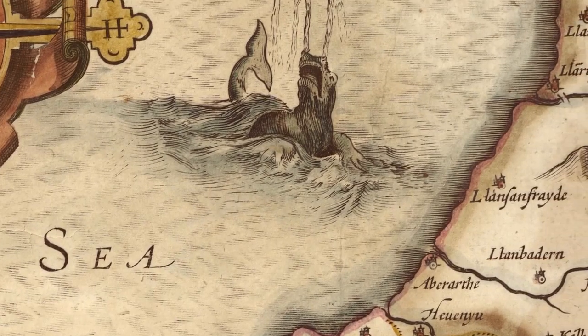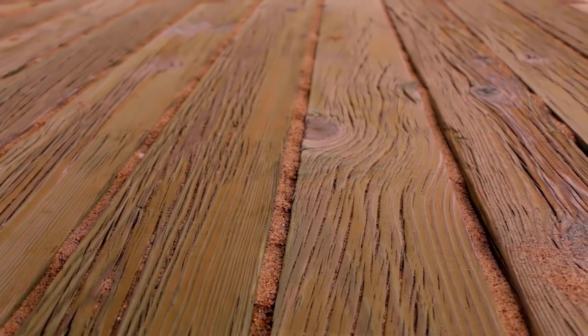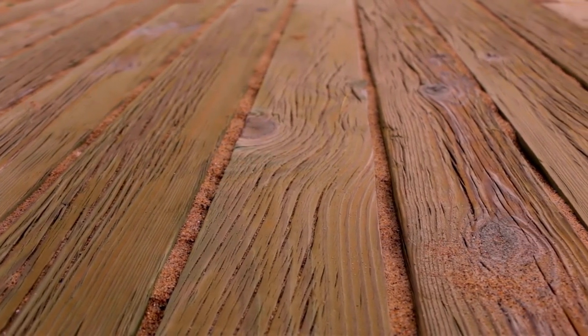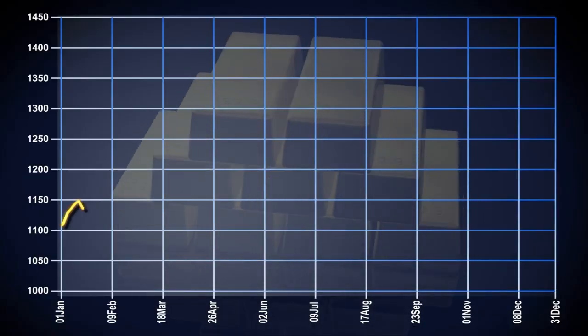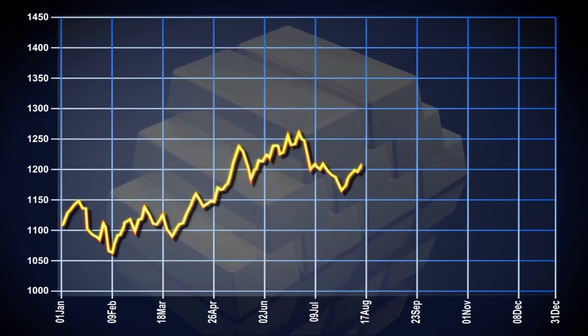Samples of wood retrieved from inside the garden shaft have been radiocarbon dated to the year 1735. That's nearly 40 years before the first recorded discovery of the money pit. Combine that with water testing results showing high trace levels of gold, and it's no wonder the team believes they're onto something huge. To explore this mystery further, the team has built lateral tunnels that allow them to safely investigate